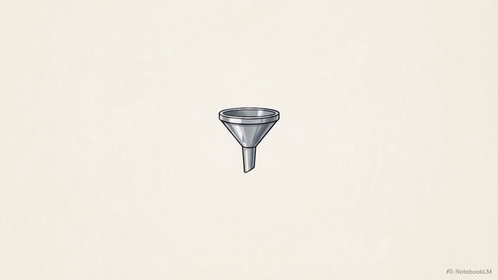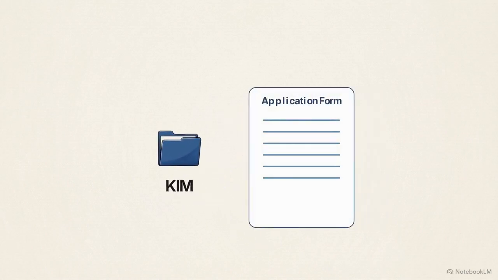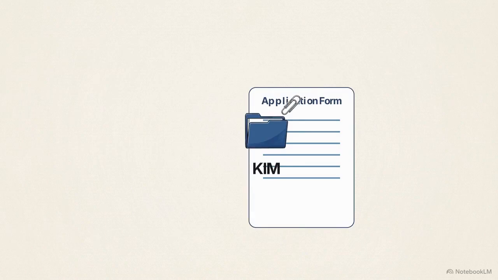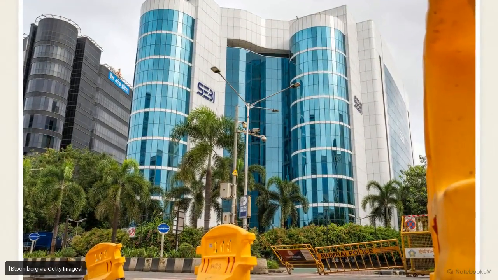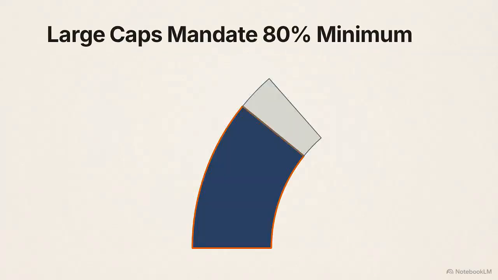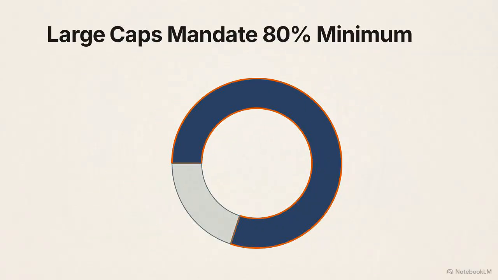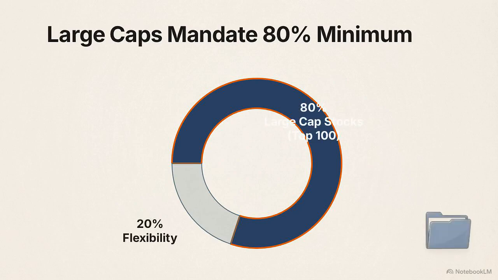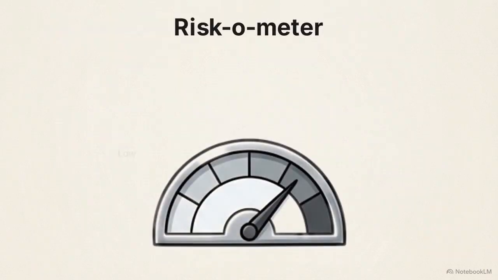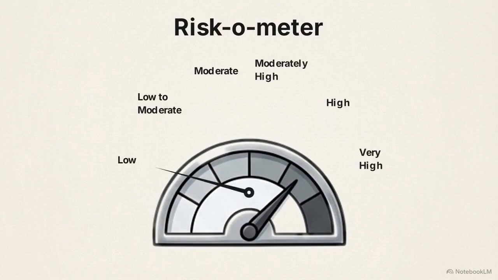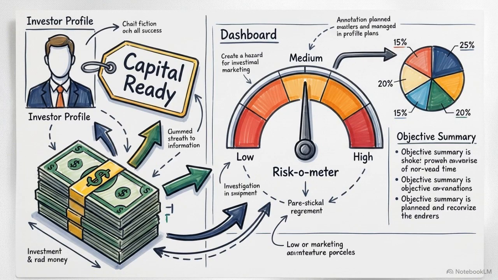Finally, we have the Key Information Memorandum, or KIM. This is the condensed summary of the SID and SAI, and it must legally accompany every application form. These documents enforce categorization rules set by the regulator, SEBI. If a document labels a fund as a large cap fund, it must hold a minimum of 80% of its assets in large cap stocks. To make the risk profile clear, every scheme must display a riskometer. This visual tool communicates the specific risk level of the principal investment, ranging from low to very high. These 3 documents and the riskometer reduce information asymmetry, showing the investor exactly what their 1 lakh rupees is funding